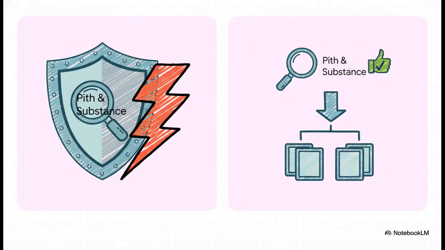And this slide just lays out the disagreement so perfectly. On the left, you've got the Hoist Court's approach. They used pith and substance almost like a shield to avoid a repugnancy test. They said, well, since this law is in substance a state matter, it can't be repugnant to a union law. But look at Tripathi's view on the right. He says, no. Pith and substance is just a gatekeeper. Its only job is to ask, did the legislature have the power to make this law? If the answer is yes, its job is over. The next, totally separate question, does this valid law now conflict with another valid law? That's a job for Article 254. They are two different tools for two completely different jobs.